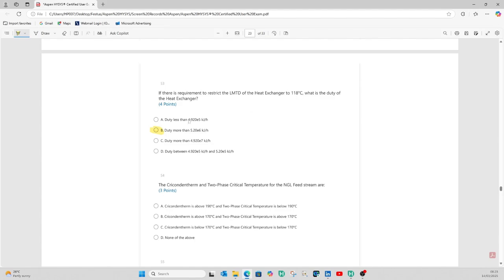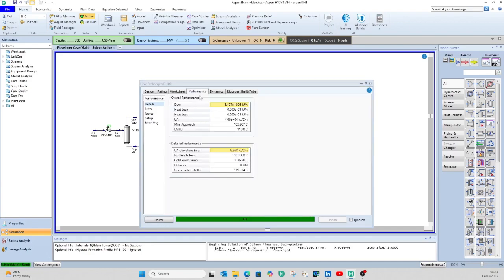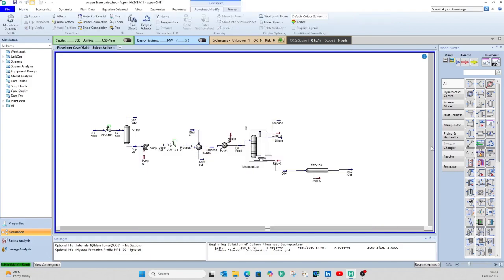Having defined this and gotten our answer here, we'll go back to the simulation model and input the formal figure that was there, which is 121.2. So we'll come back to our flow sheet and change this one to 121.2 degrees Celsius. So we'll get our formal LMTD of 121.7 degrees Celsius. So the next question is